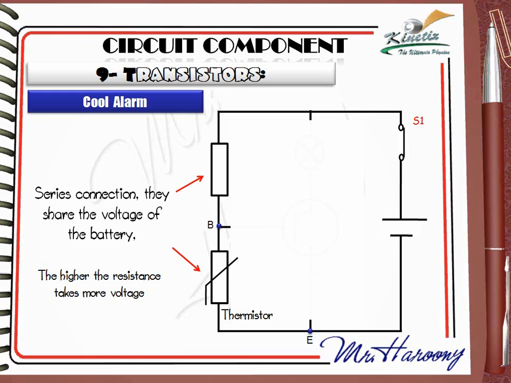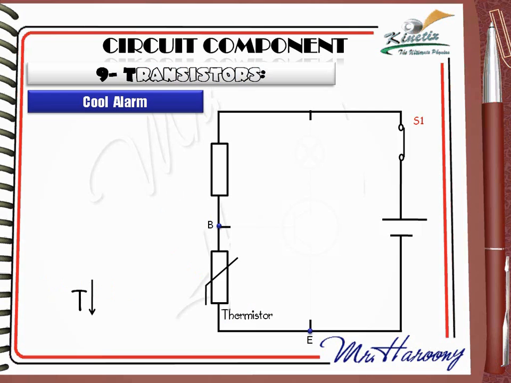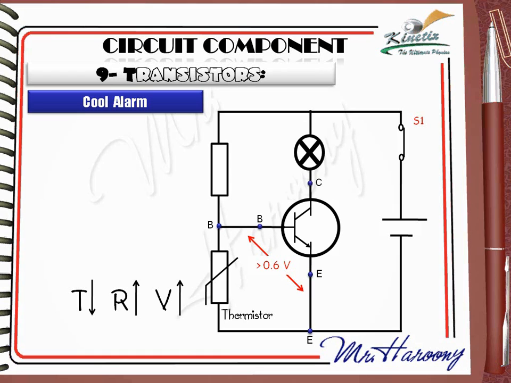Remember that this is a cool alarm. If weather becomes cold and temperature decreases, this means the resistance of the thermistor will increase. You can revise the thermistor part to know how it works. When the resistance of the thermistor increases, its share of the voltage increases. When the voltage across the thermistor exceeds 0.6 volts, in other words, the voltage across base and emitter becomes greater than 0.6 volt, the transistor switches on and the current flows between the collector and emitter, and the bulb